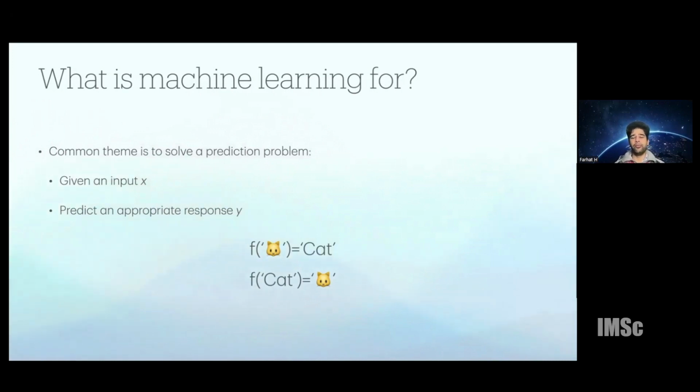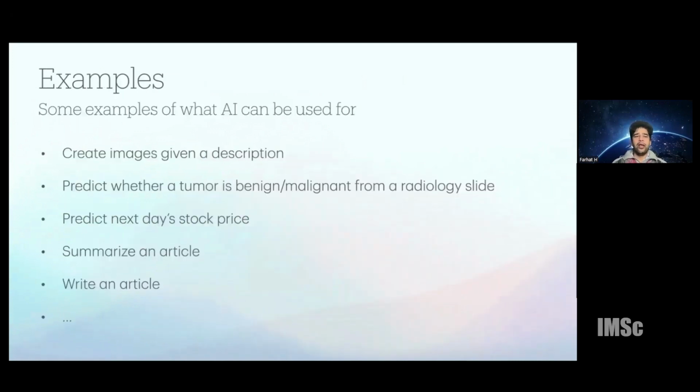And we will see how both of these different kinds of functions can be built using different machine learning algorithms. Okay, so what are some examples of what AI or machine learning can be used for? So some of the more